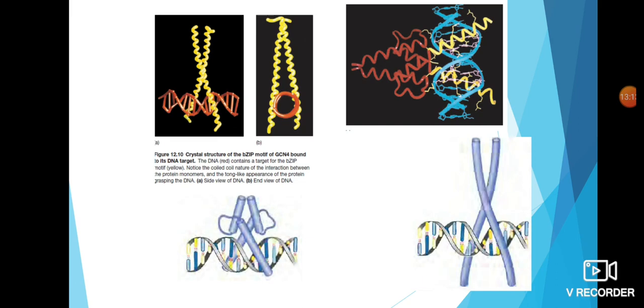So this is the picture where these 2 yellow colored parts are the 2 leucine zippers, and this is the top view, this is a side view. DNA is in the red color. We can see that it is actually holding the DNA strand like a tong, and if you come and see the lower one, there are 2 tongs and then the turn is also there. Actually helix loop helical loops are there. So 2 alpha helices and 1 turn are there, which actually dimerize. The lower picture I am talking about.